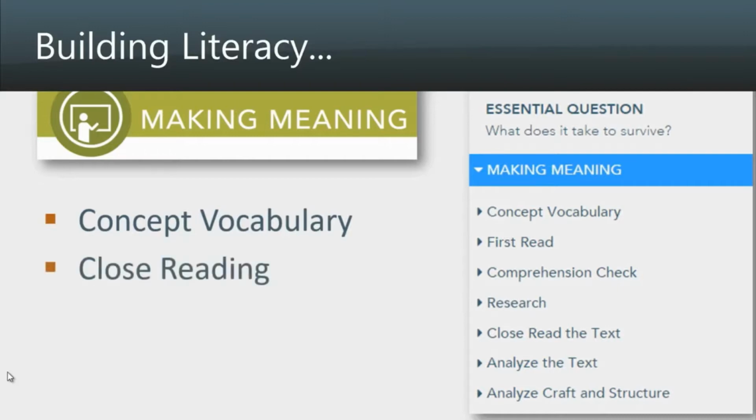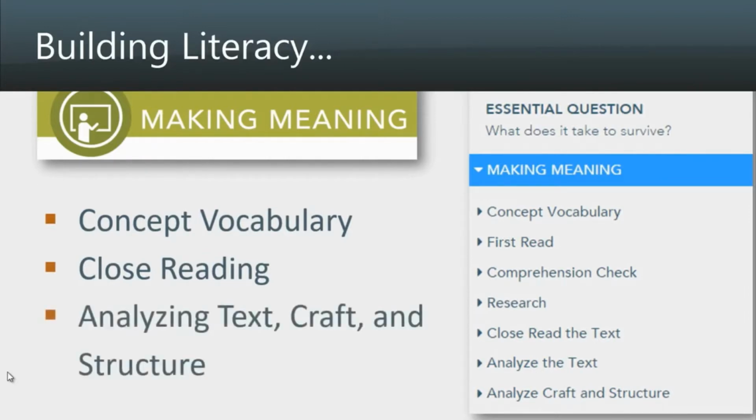Close reading activities have students go back in and reread for different purposes, including marking up the text. Analyzing author's craft and structure helps students understand, make connections, and develop insights on the readings. Integrated literacy instruction and strategies let students make meaning of the text through purposeful activities. The goal is to help students understand text and apply knowledge so that they become confident and thorough readers and learners.